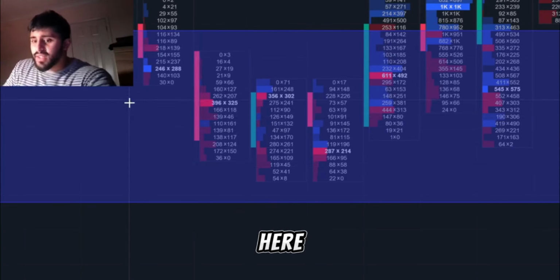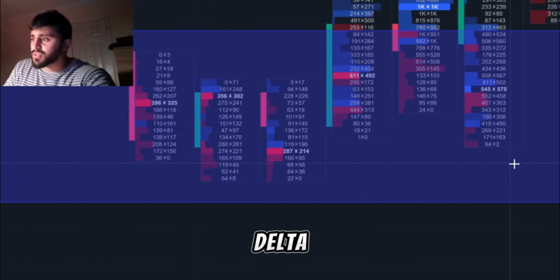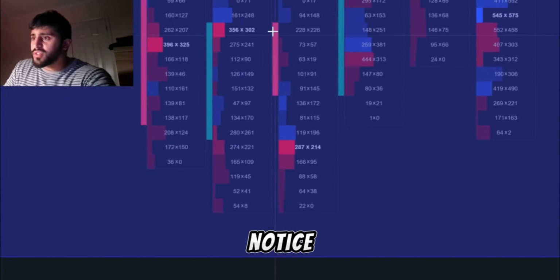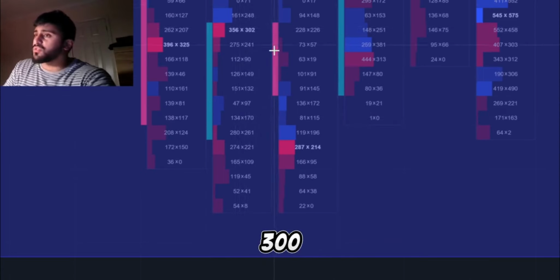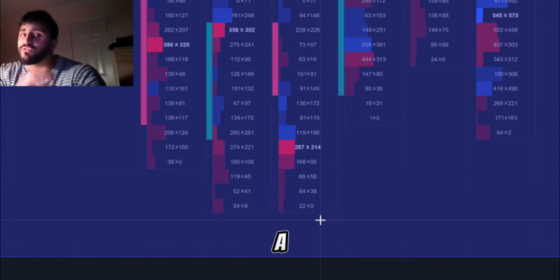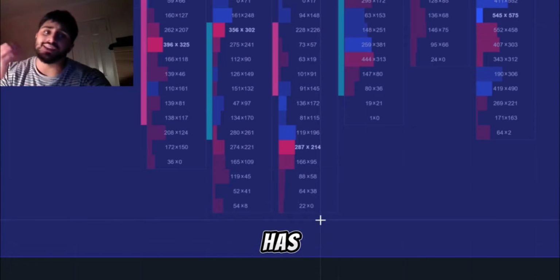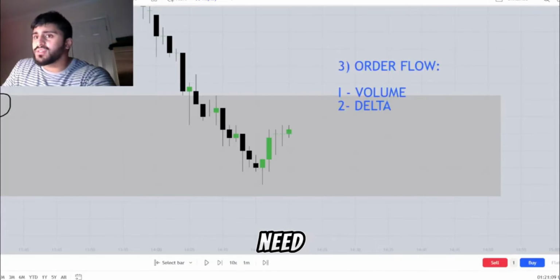So we can see over here, the candle here, we have so many aggressive sellers, right? We can see that via the delta. If we look at the volume over here, notice how we have numbers in the hundreds. So we see 356 for 302. But if we look at the bottom, we see 22 for 0. This is a volume indication. The volume has decreased. So when we go back to the regular candlestick chart, what you need to understand is